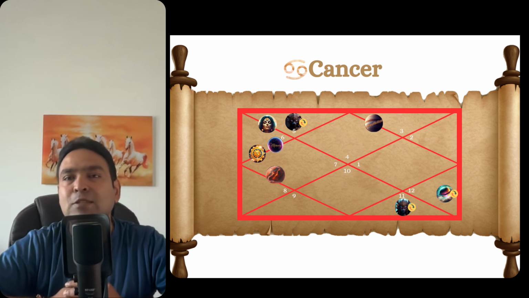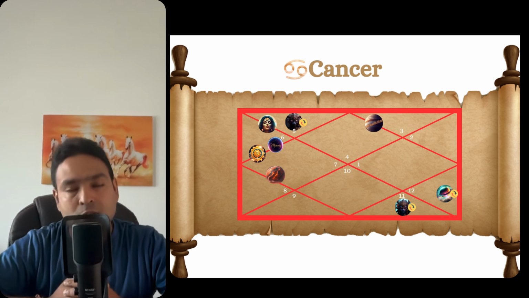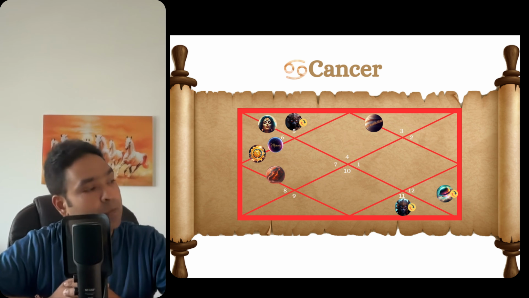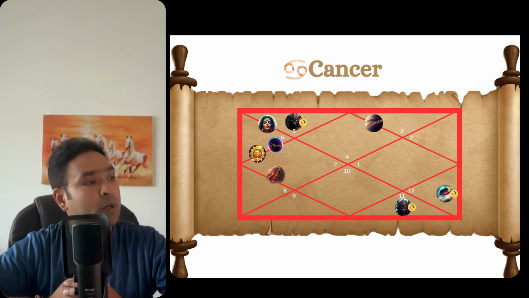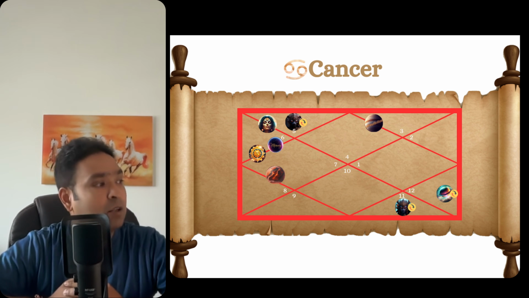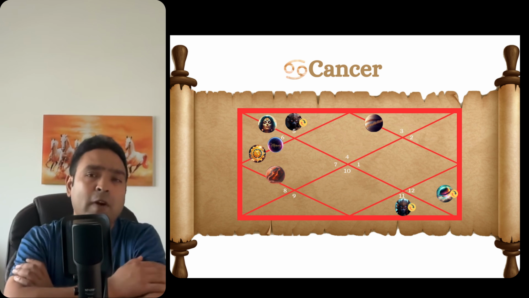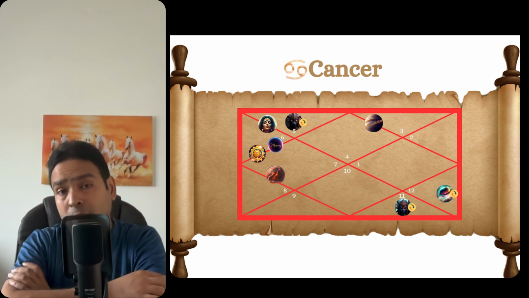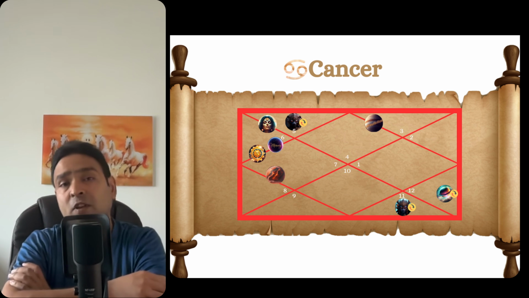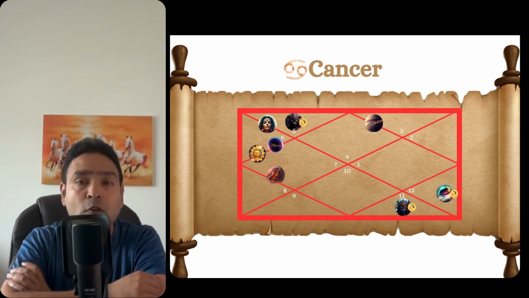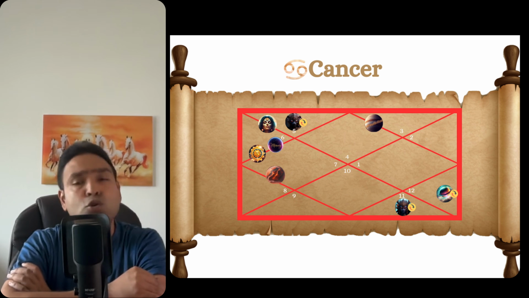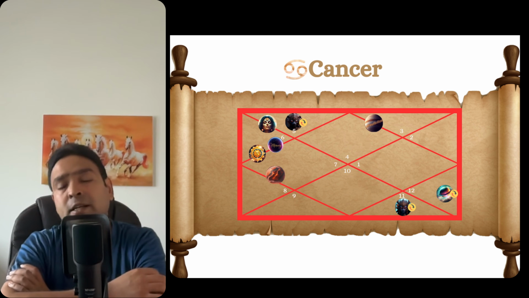But there is going to be a sense of beauty, sense of learning about health, healing, occult in some way, which is going to stick around with the presence of Venus here. Venus then moves into its sign of debilitation, 12th to itself and 5th to itself, respectively. Now, this is a crucial movement because whilst on the face of it, it might appear to be bad. One, Venus is debilitated, and second, Venus, a soft benefic planet coming into the third house, is not an easy placement for Venus to be in. But guys, it is not a bad thing for Venus to be debilitated in the third house.